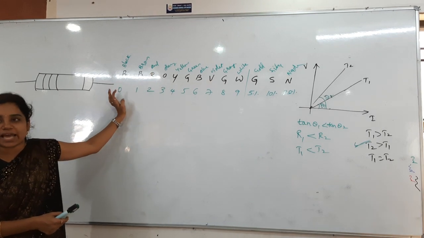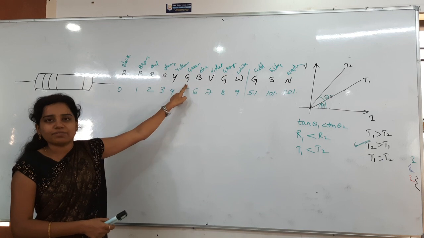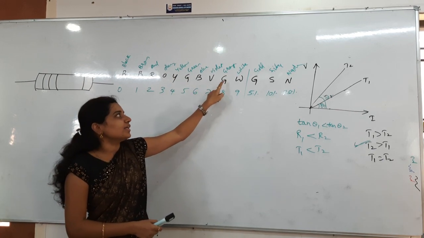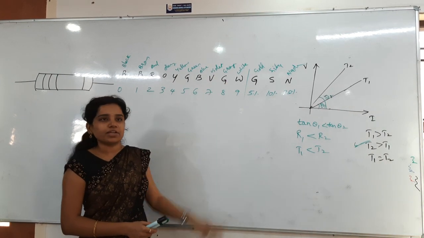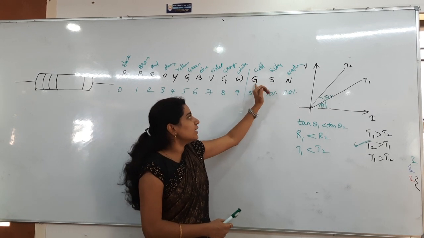Okay, first one is black, brown. Then after that red, orange, yellow. This one is green. First G gives you green. Next blue. Next one is violet. Then grey and then white. Last light colors will be there in the last. Grey and then white. And then here this is a tolerance section, that is gold color and then silver color